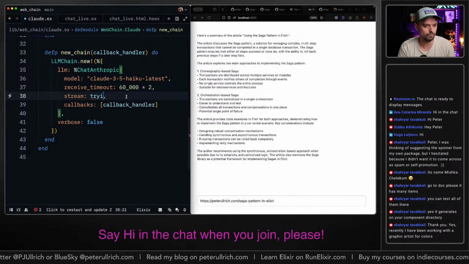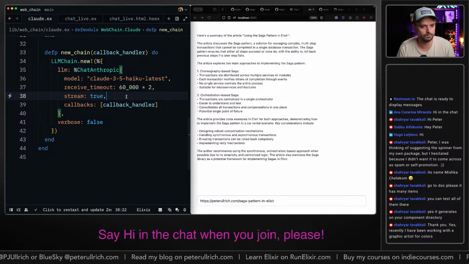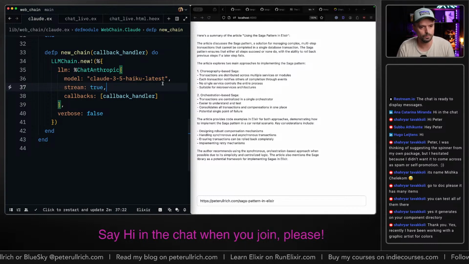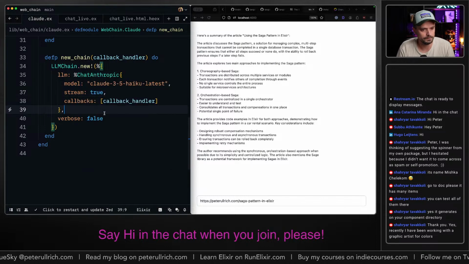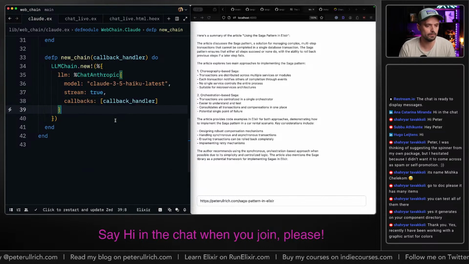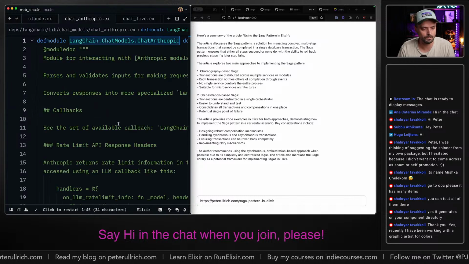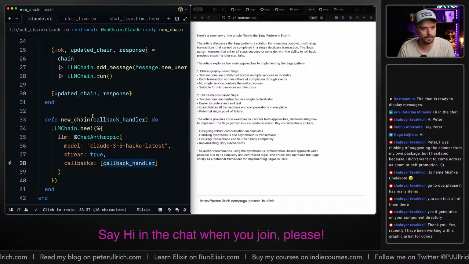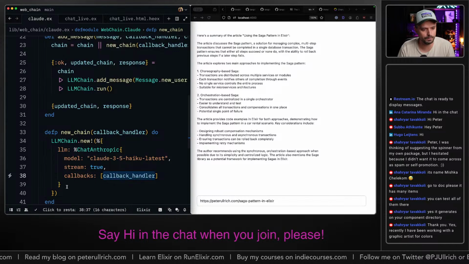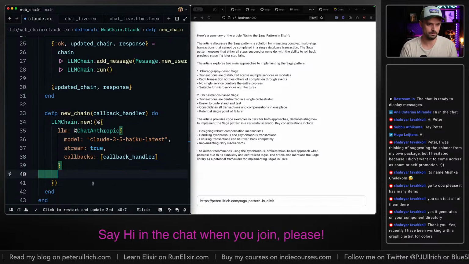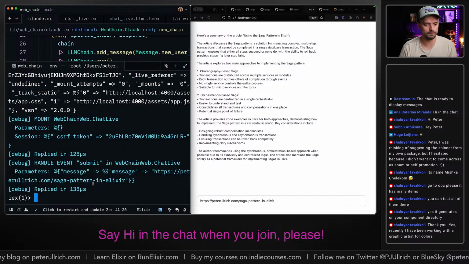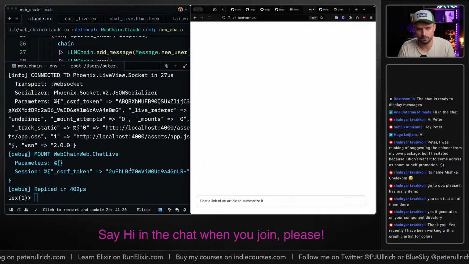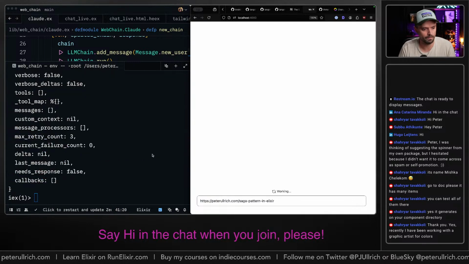So this should be true. I mean, this should just be true. I'm gonna remove this. Gonna remove this. We had callbacks, callback handler, and new chain. Are we adding it properly? Like, I'm gonna inspect this one. All right.